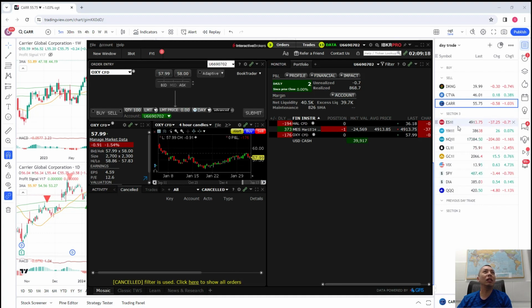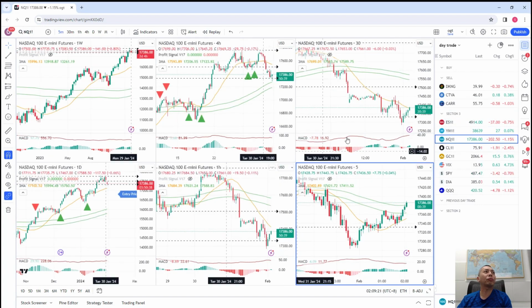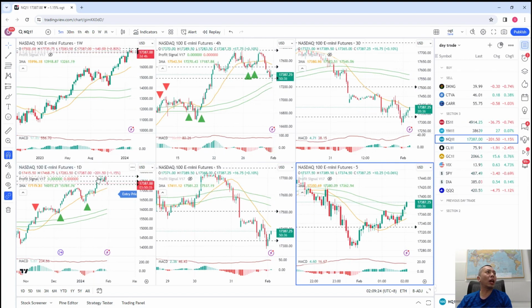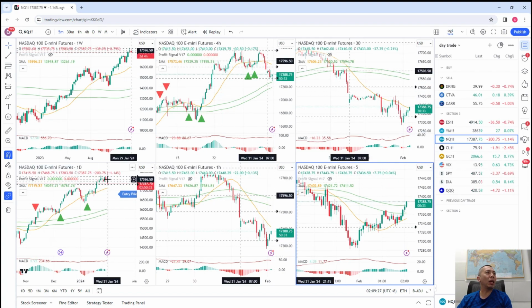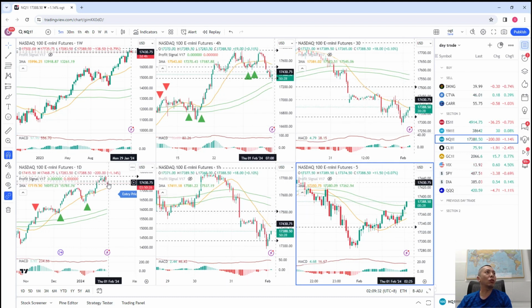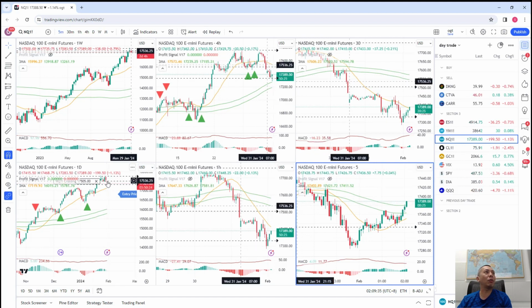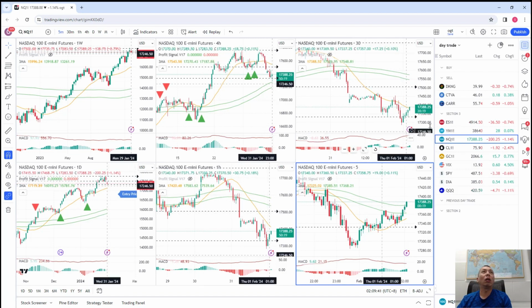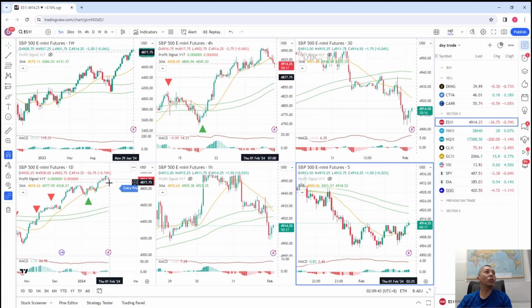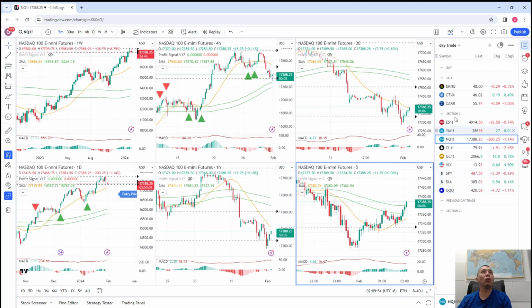Because, you can see over here, based on the daily time frame, Nasdaq may have started to turn bearish, because based on our strategy, there is a bearish momentum based on our price action, and it looks like tomorrow S&P might follow through as well. So I'm doing this maneuver today just in anticipation of that.